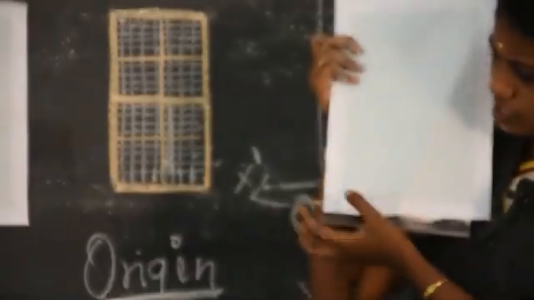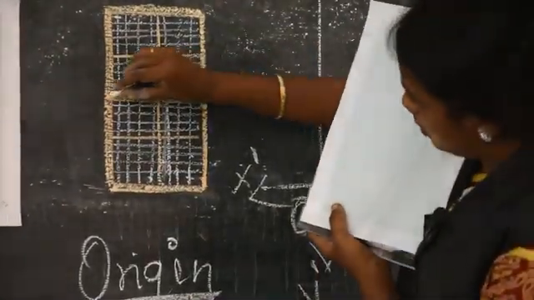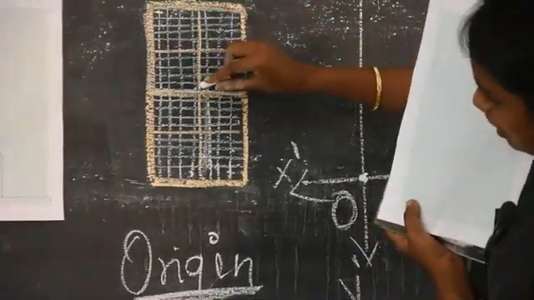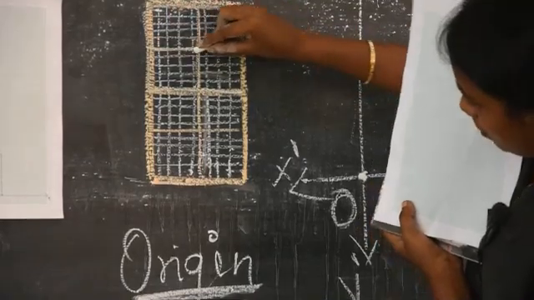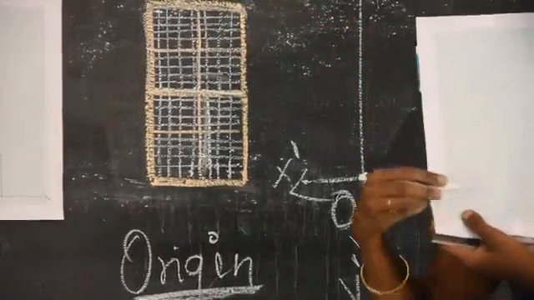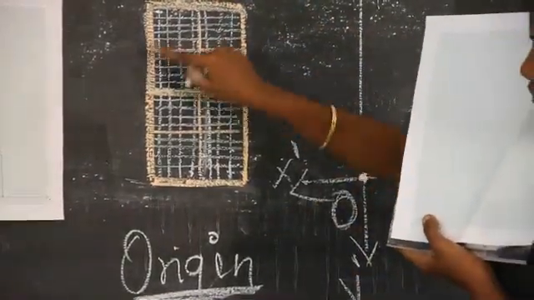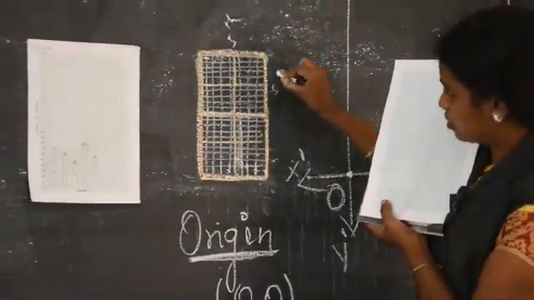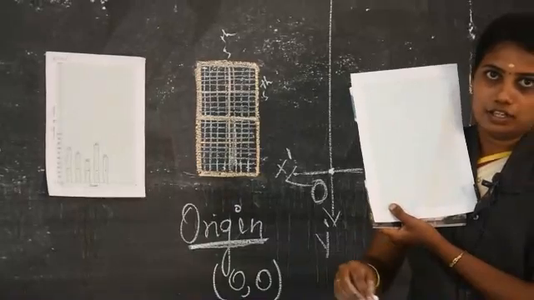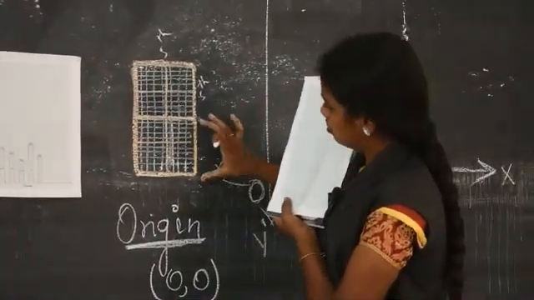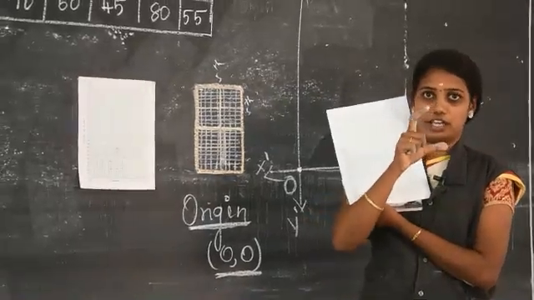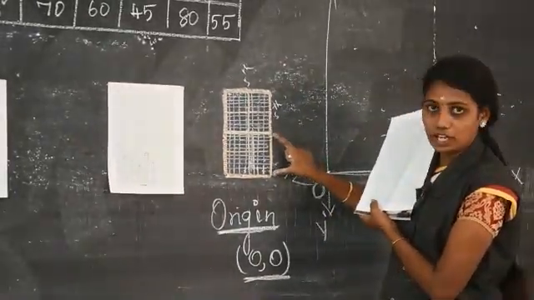In the one box you can see here a little thick line for the 5th line, and here also the 5th line will be a little thick. Okay, compared to other lines, the 5th line will be a little thick. This is the 5th line. Here also the 5th line. Okay, so now this one box is converted as 1 unit. Okay, one box is equal to 1 unit.